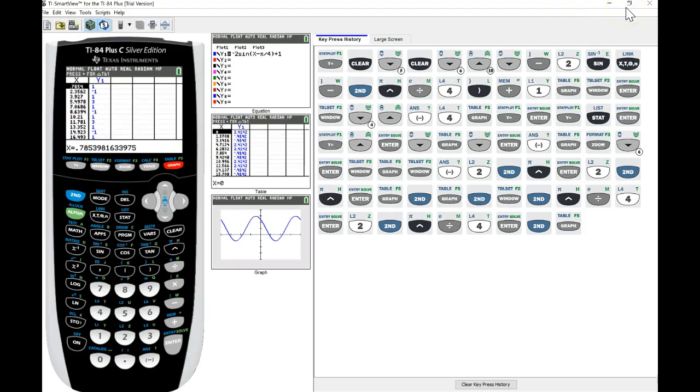Well, that's really good. And that's basically how I can use my graphing calculator to check my work, to make sure that the graph that I've drawn is the correct graph, and the points that I've generated are the correct